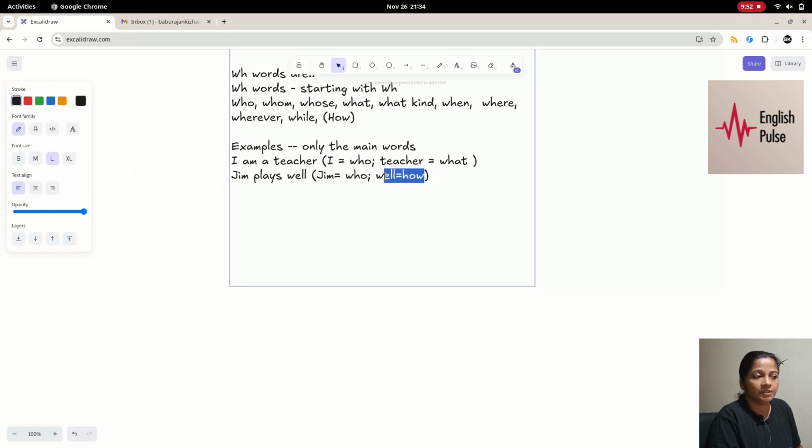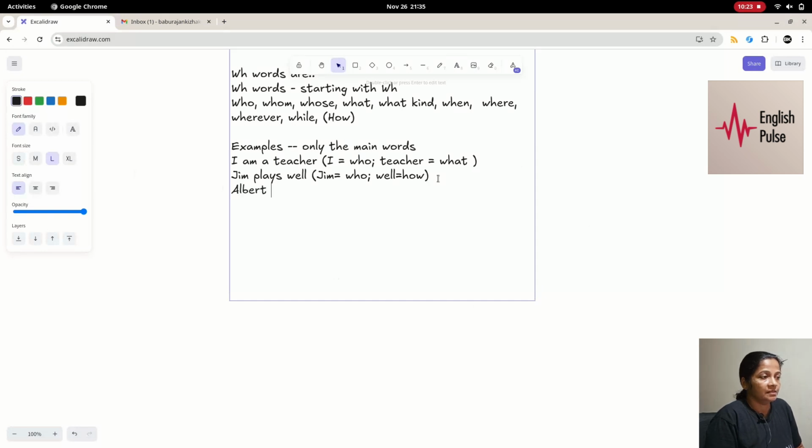Why you have to learn this, you will understand a little later. Because this way we are going to identify each word and its functions. I am repeating, functions of this word. So if you know what well represents, it is how, then a part of your study is over. So similarly, in more difficult sentences, for example,